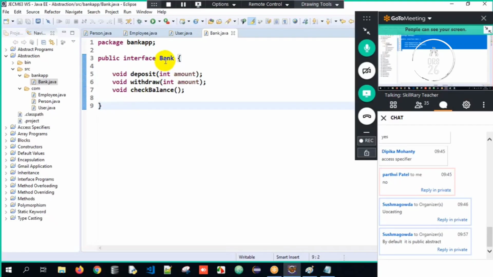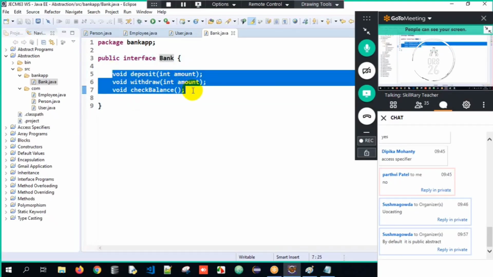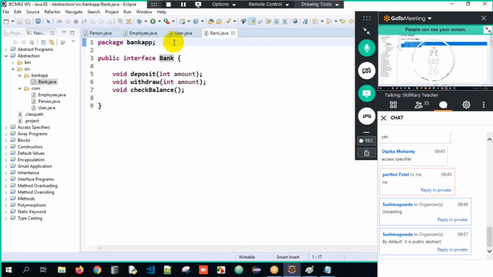So in a bank here, you can perform three functionalities. What is it? You can either deposit amount, withdraw amount, and also check the balance here. Three functionalities. Okay, deposit, withdraw, check balance. But you are not yet implementing it. So you know what all to be done. Deposit, withdraw, check balance. But you have no idea how to implement it. Clear? So we made use of an interface.